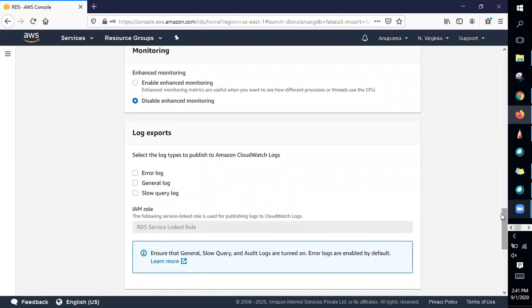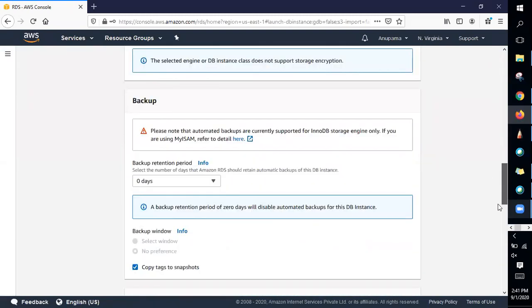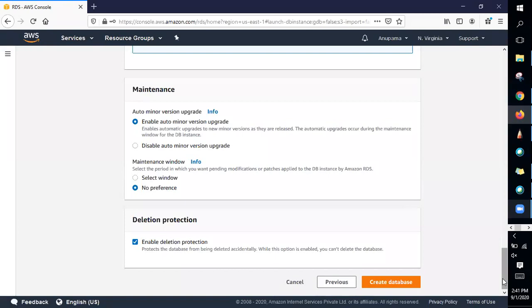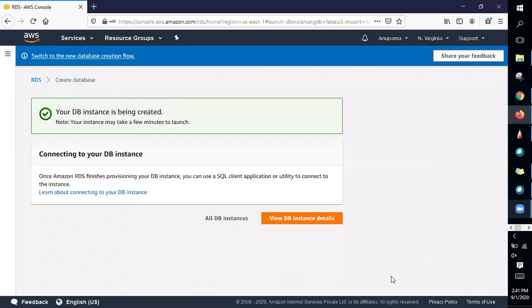And if you observe here, the performance insights was not there. You see, that itself is gone because performance insights needs encryption to be enabled, which is not under the free tier again. Okay, so for minor upgrades and all, it doesn't matter for AWS under the free tier or not. But let me just disable this just to save some time. And enable deletion protection is by default disabled, but let me just disable this also and create the database now. Now I have created a database under the Free Tier. I just want to show you what all things we need to go for if it is not under Free Tier.